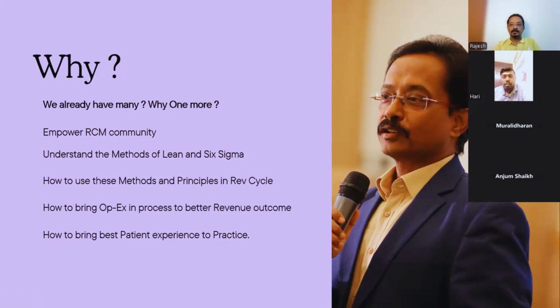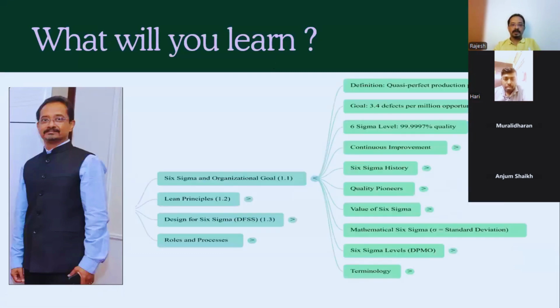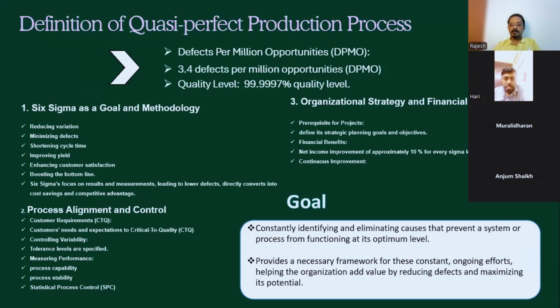Currently, we are handling people. It may go back to agentic AI. How can I see my process in a different way? That's what the process has started, and that's what we are discussing in the training course. In the first week we covered the basics of Lean Six Sigma, and this week also we'll go in the same order.